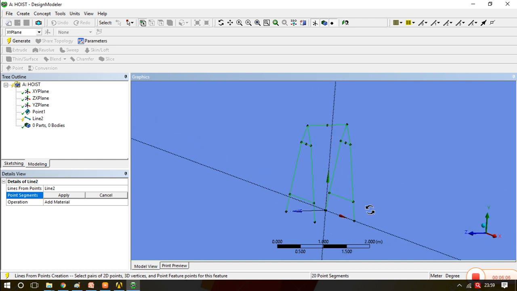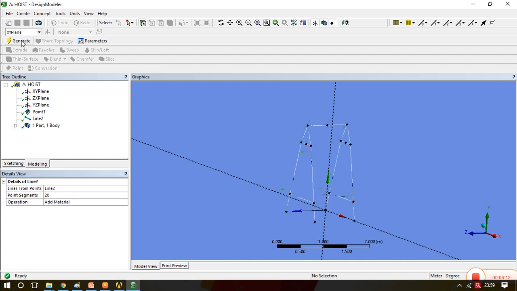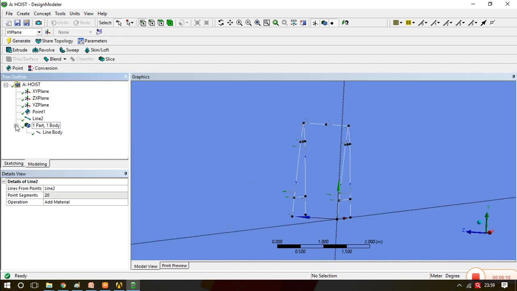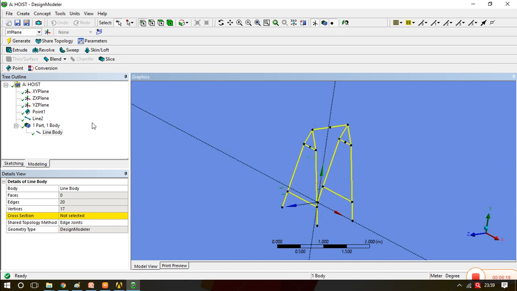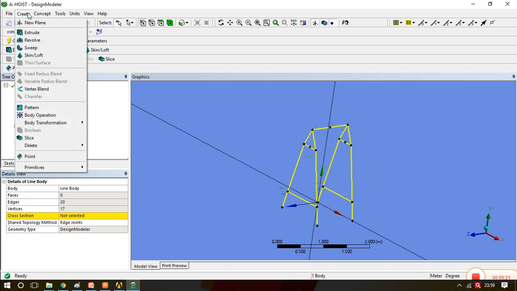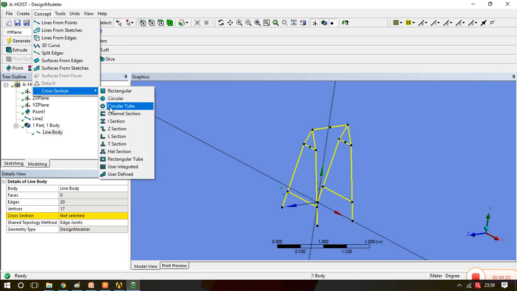So for this first case we'll now create the line body. We haven't joined this particular joint, so apply and the line body is created. You will see the line body here. The cross section is not yet provided, so we'll go to the concept and into the cross section, and it is a rectangular tube.